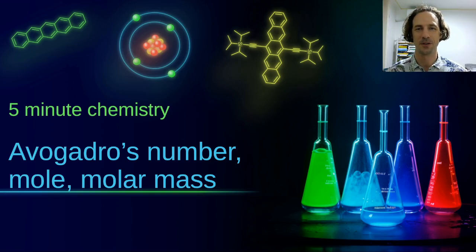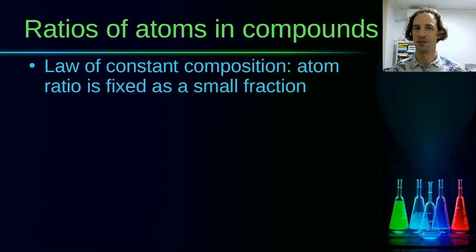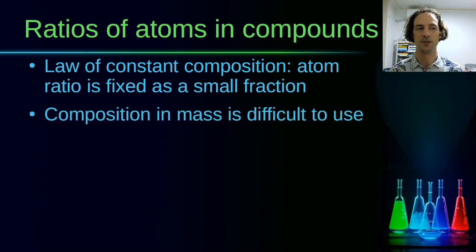Today we are going to be talking about Avogadro's number, mole and molar mass, because we can't stop talking about the mass of chemicals. So let's track back to the rule of constant composition, which told us that in a compound the elements that make up this compound have a fixed ratio, and based on Dalton's atomic theory we also know that this ratio is fixed as a small fraction if we are talking about the number of atoms in a compound. But the composition of a compound in mass is also fixed, but those ratios are a little more